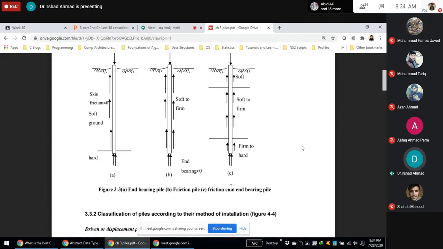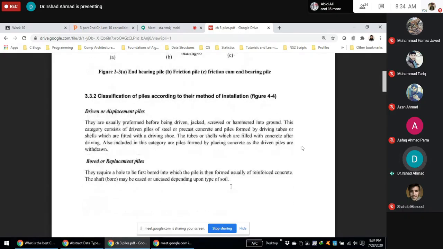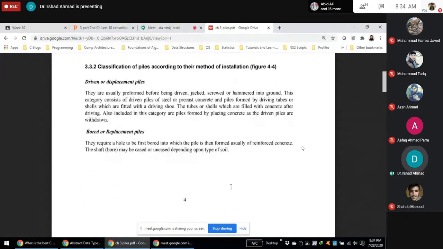Then there is classification of piles according to their method of installation. Primarily, we have two ways to build or install a pile. Number one is driven or displacement piles. In this type, what we do,